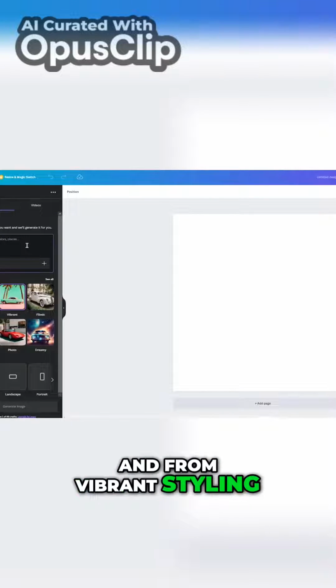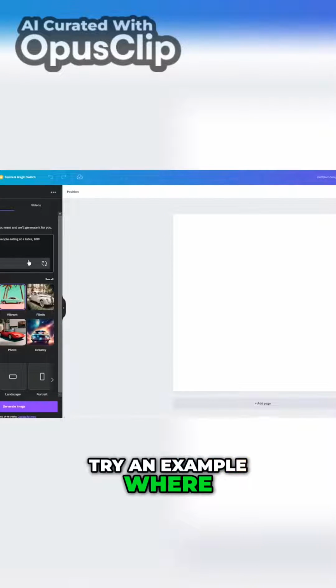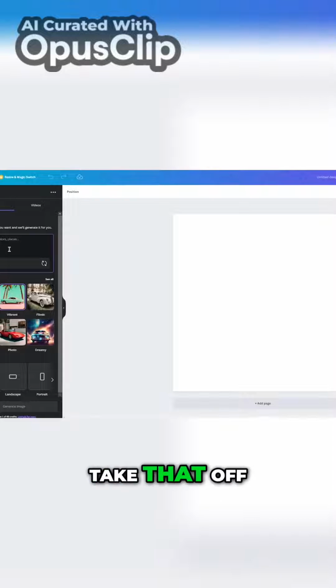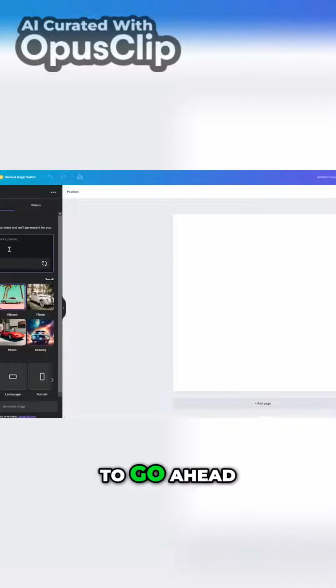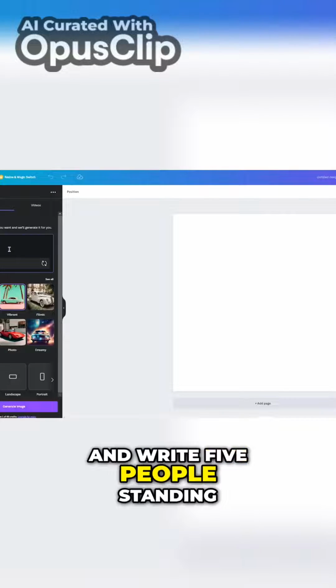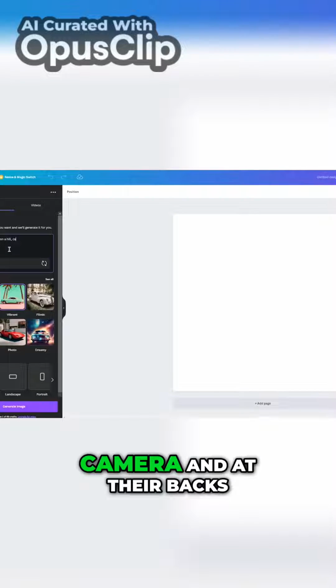And from vibrant styling, it says describe the image that you want and we will generate it for you. You can also, by the way, try an example where it tells you this stuff. The dim lit room with people eating at a table, 18th century. But I'm going to take that off and I'm going to write my own prompt. So I'm going to go ahead and write 5 people standing on a hill, camera, and at their backs